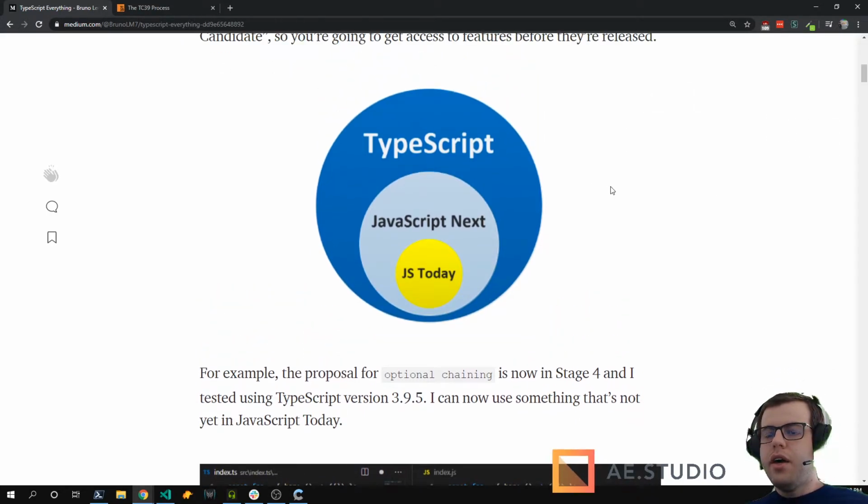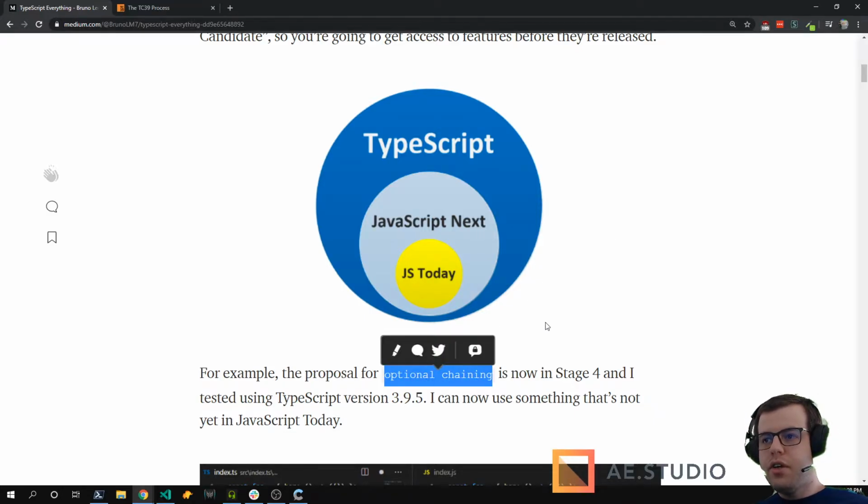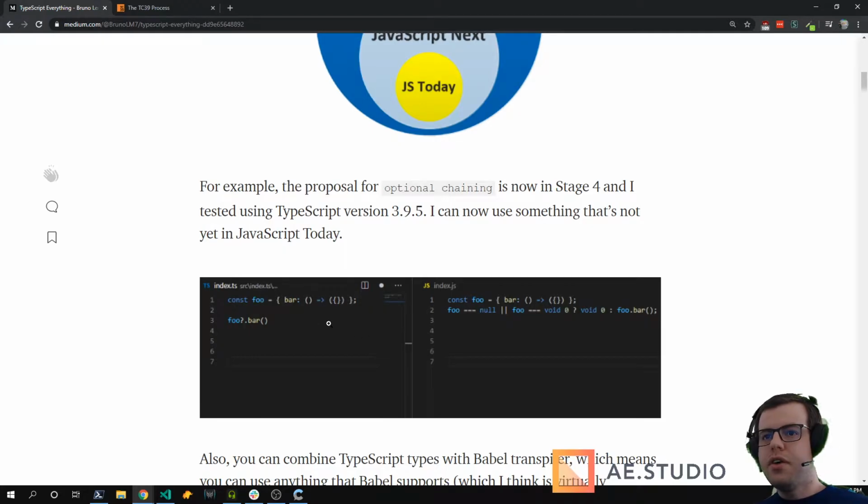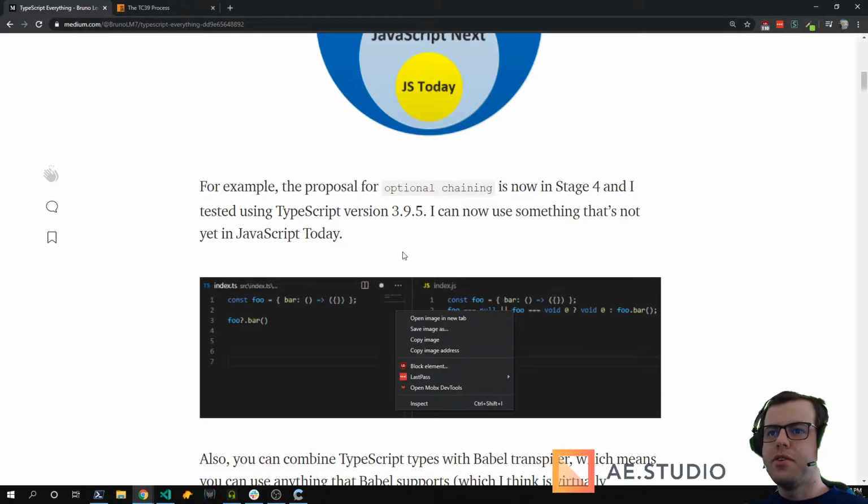And I just found out when I was writing this blog post that optional chaining is in stage 4. That means it is already supported by TypeScript. So you can actually open VS Code, type the question mark after a variable, and that's going to generate the code for you. So you can already do that today.